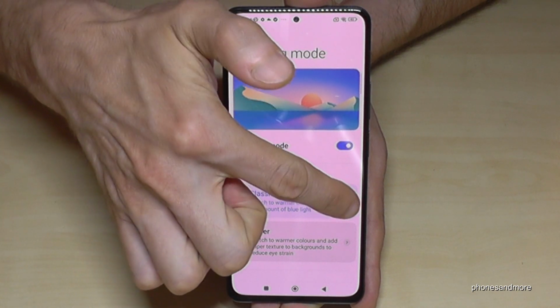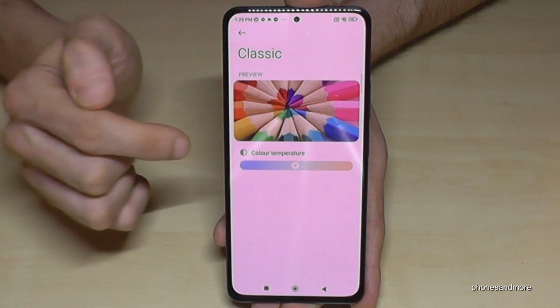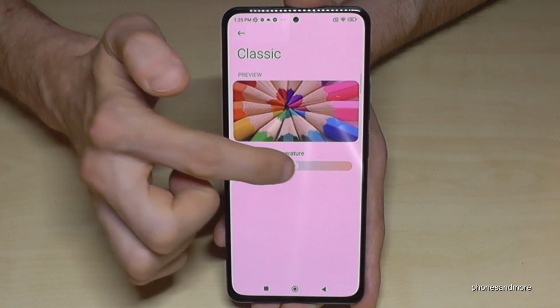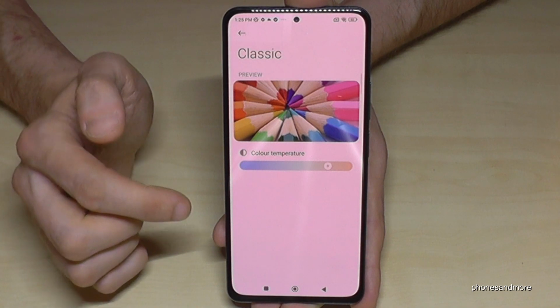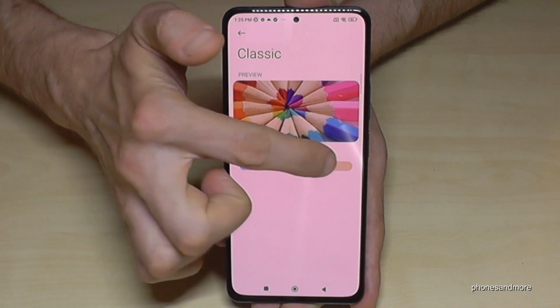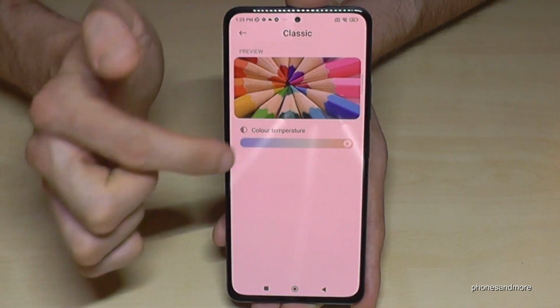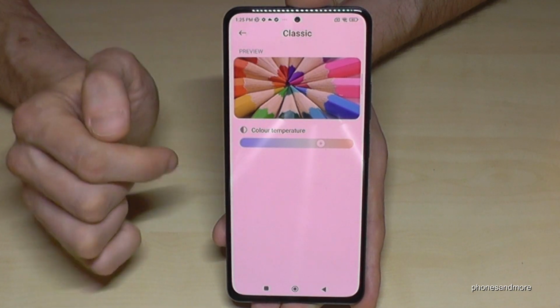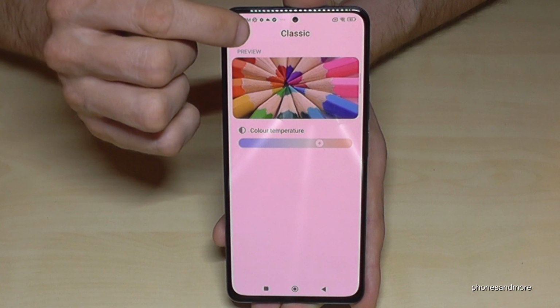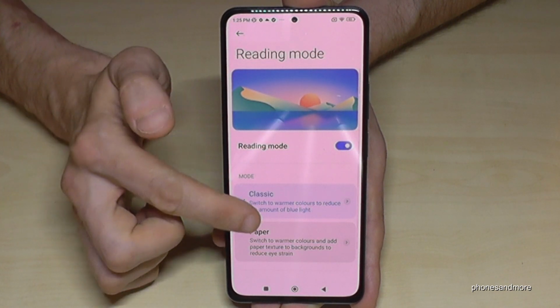If you go here on the arrow, because now you can change here the color temperature, and as more warm it is, as better it is for your eyes. If you put it to the maximum, maybe it's a bit unusual at the beginning, but as better it is. Okay, let me go back now here on classic mode. What I would recommend to you as well is,